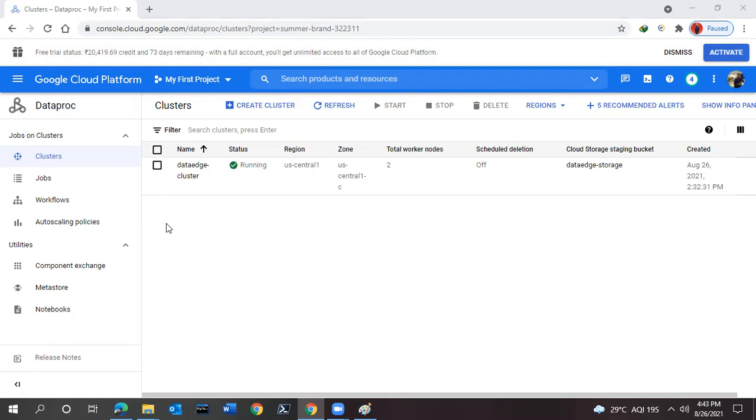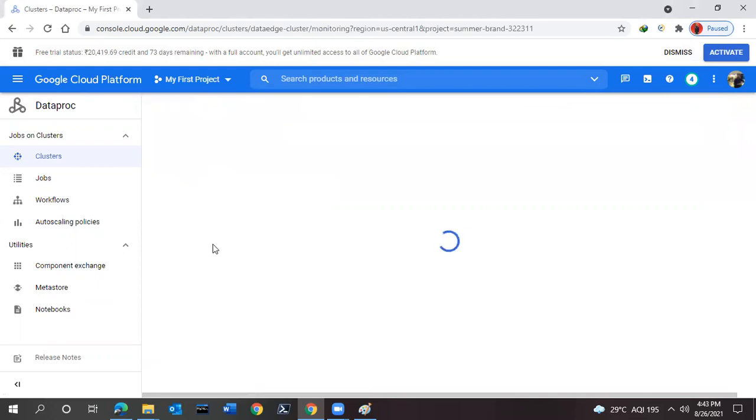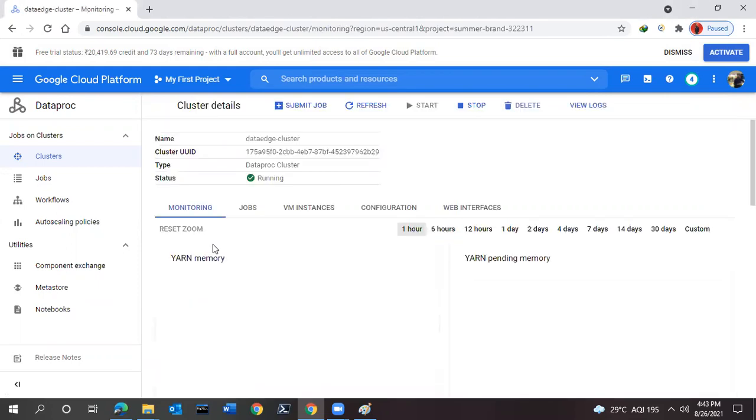So you can see my cluster name is the data edge cluster and it is up and running. So let's double click over here to see all the details of this.